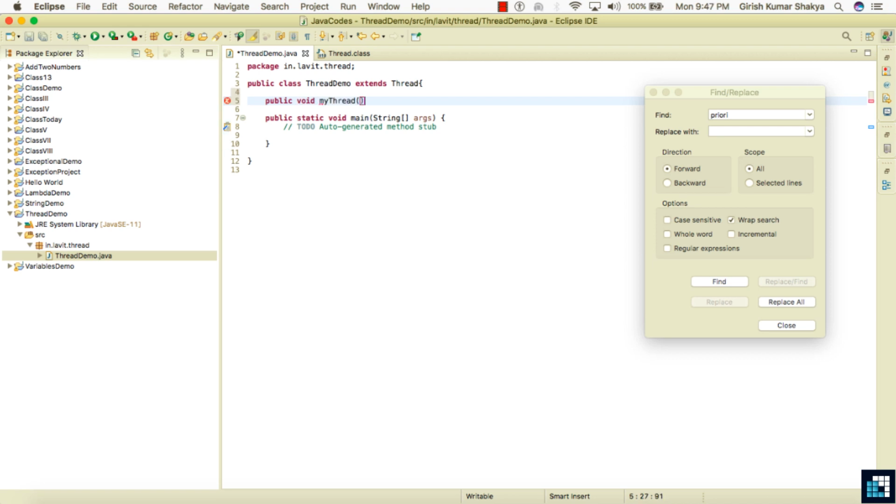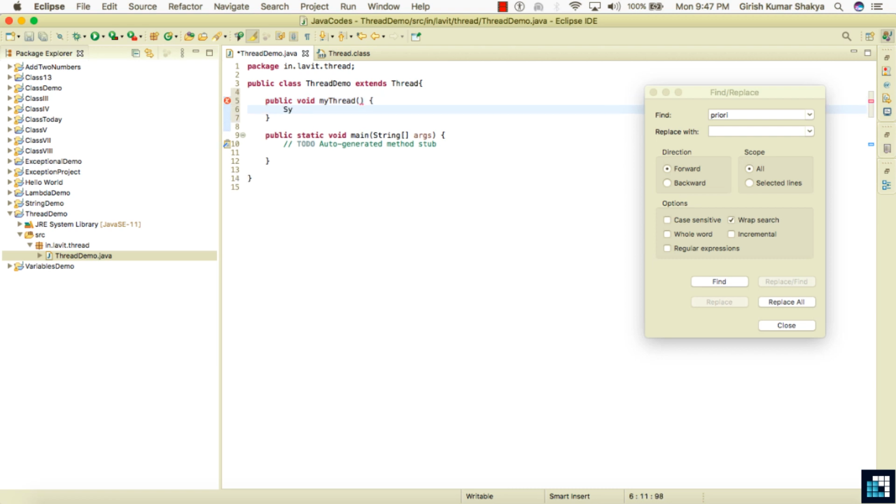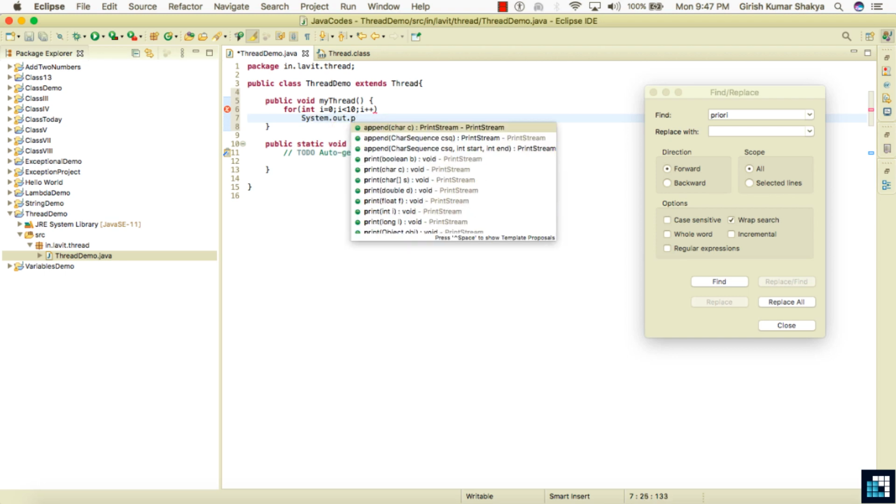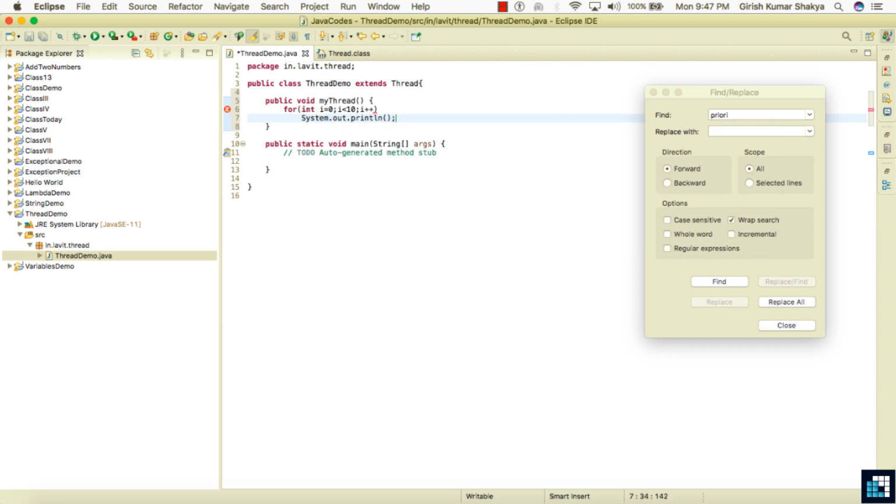This is the method I want to run, and when it runs, it will loop for int i = 0, i less than 10, and print the value with System.out.println, "the value is" plus i.